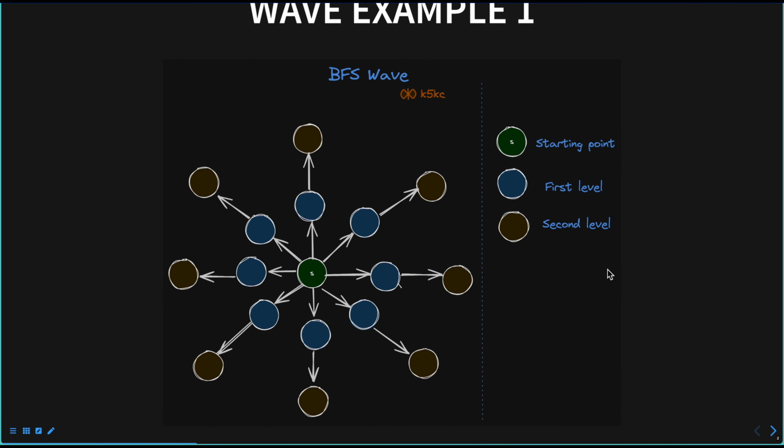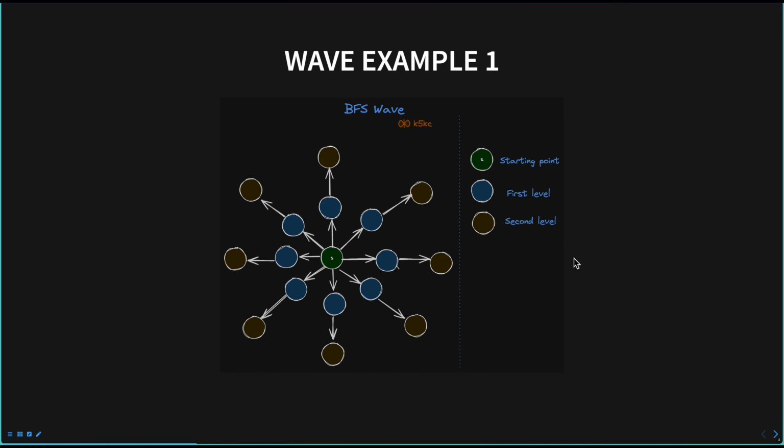So let's look at some examples. In our case, we can see that here we have this initial starting node, say S. Then we go to the next points in the BFS, and we can see the next wave is blue, and then the next wave is brown. Of course, this is a very simple graph just to give the idea, but this is how the BFS will